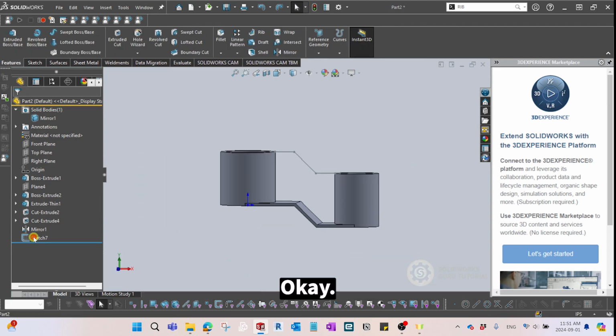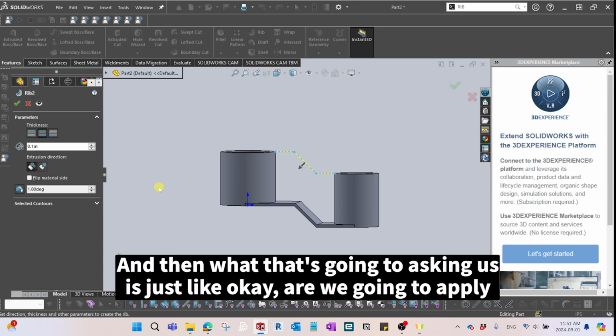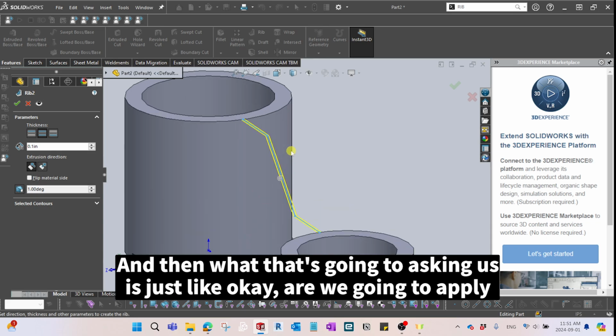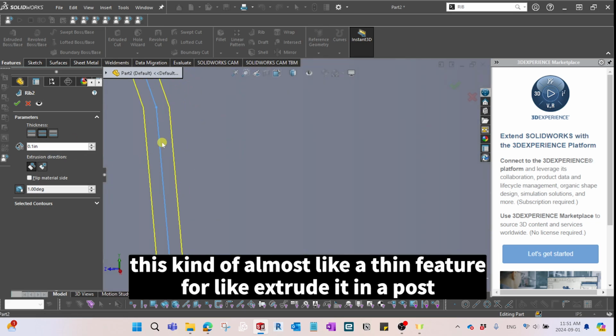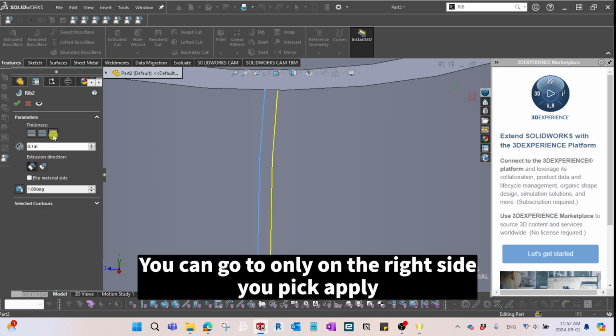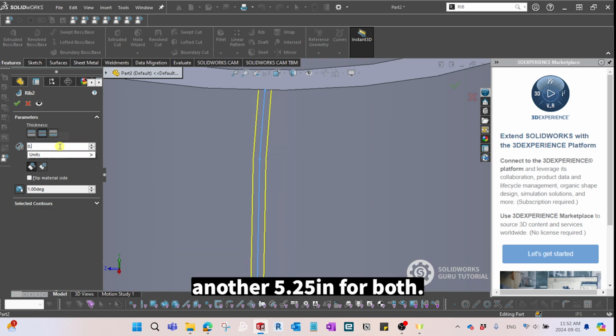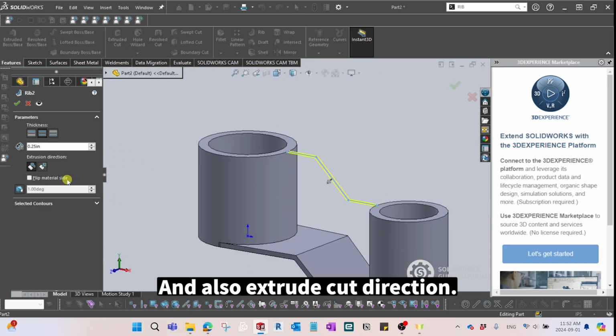Okay, but this rib feature for the CSWA exam, what they're going to be asking us is whether we apply this almost like a thin feature extrude, for just one line item. You can actually go to only one side, only on the right side. I'm going to apply 0.25 inch for both, so it's going to be 0.125 each side, and also the extrude direction you can just assign,